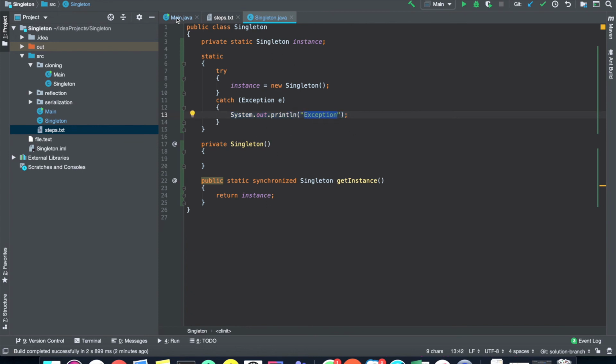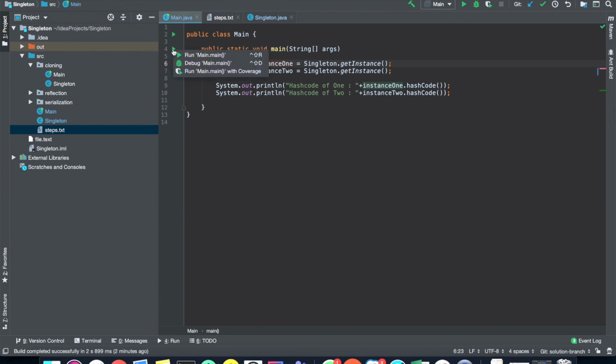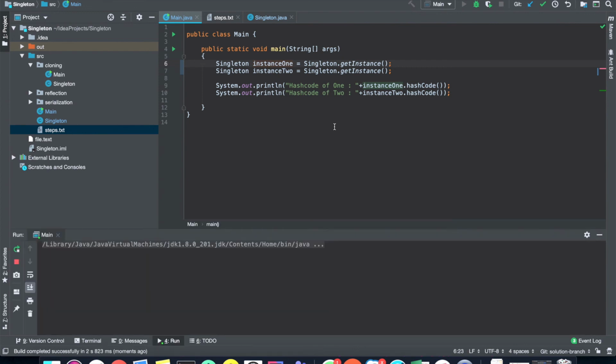There won't be any change at the main method level. If we run our application, it will give the same result.